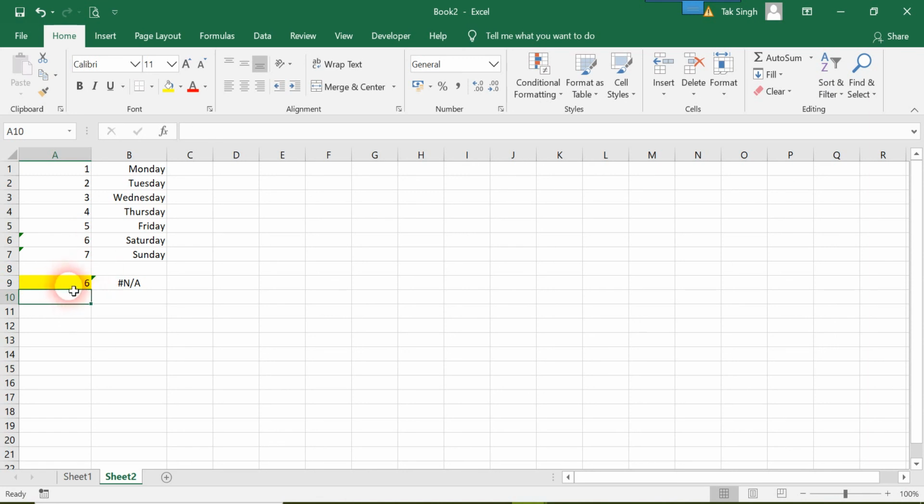And what is the problem now is over here, this is 6, okay, the 6 data type is integer, and over here what we have is 6 and there is an apostrophe, so it is telling us that this 6 is a text and the data type is string. So it is a text type, whereas what we are looking for is an integer type, and that is telling Excel that these two entities are not the same. So the way to look up in such cases is to add an apostrophe in your VLOOKUP as well, so that now it will look up the string 6 and it will give you the match.